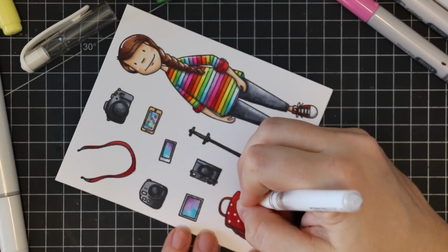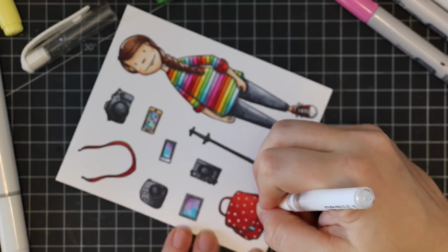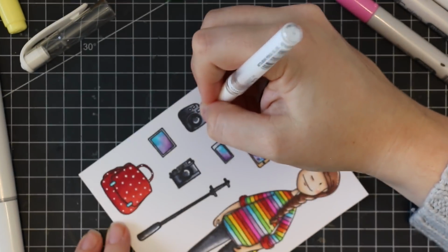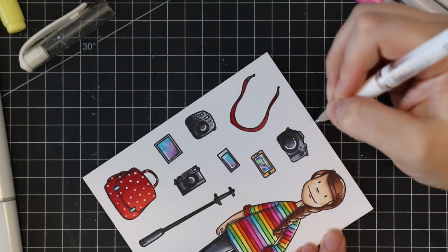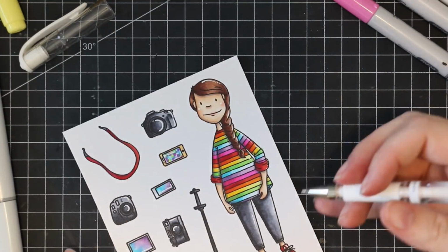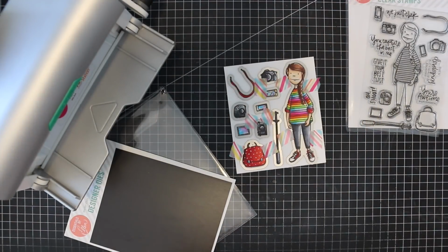And then I also decided to add polka dots to her camera bag because I thought that would be awesome to have a red camera bag with white polka dots. I think that'd be so much fun. And then going along everything, adding highlights, it just makes everything pop and finishes it off. Plus again, lazy me, that's the easiest way to do it rather than trying to leave areas white when you're coloring. I can just color them and then add the highlights in later with the white